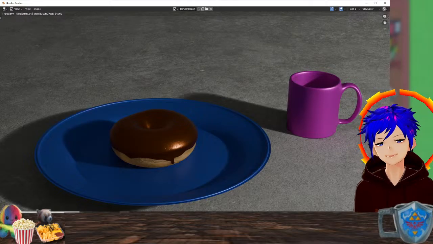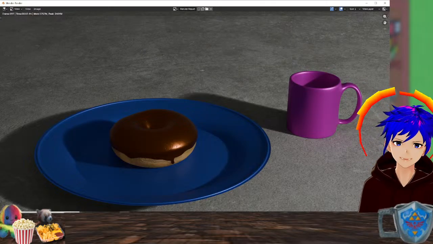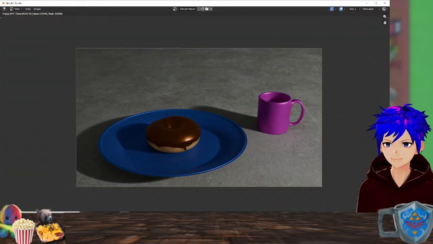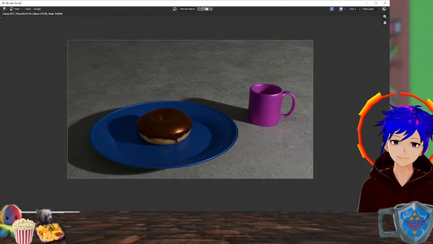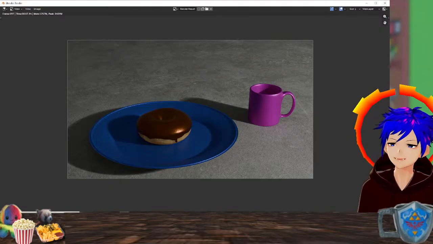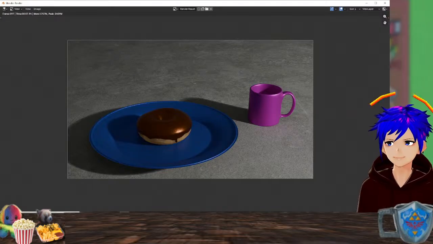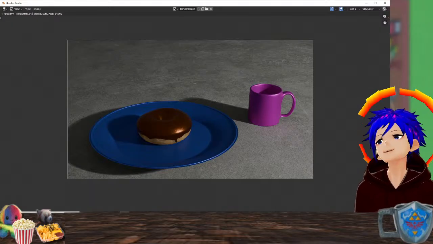I mean, we're still gonna do this one next time, and this still looks like plastic despite the fact that I gave it that nice ceramic texture. But what are you expecting? But that also means we're only one video away from being able to start the VTube specific tutorials. Because again, I want to work on this model a little bit.